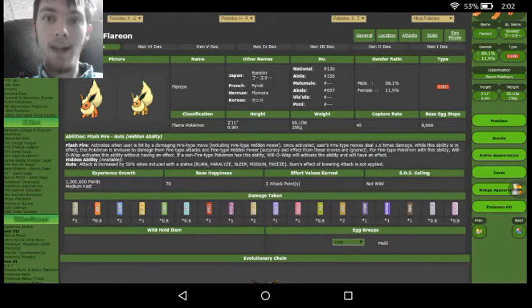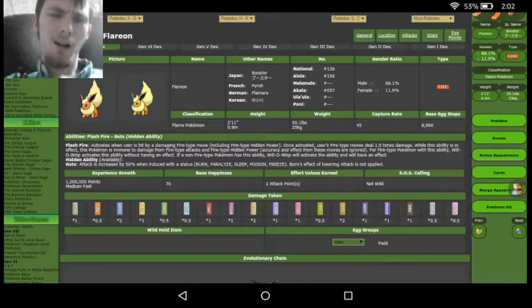Now, Flareon is not only one of the first fire types to actually be introduced, but it is also one of the first evolutions to actually ever be created. So, looking at Flareon, we see we've got the pure fire typing, meaning we are going to be getting that